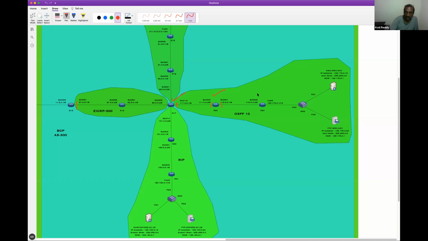Similarly, I go to the next router. I go to R23. Enable only on this interface, serial 0/0/0. I don't want to enable on this interface because there's no router here. But I want this network ID to be known to these routers. I say, well, redistribute the connected network IDs. So let's do that on R23.